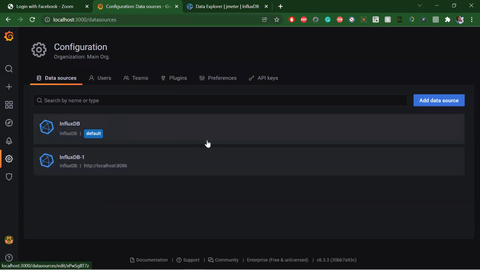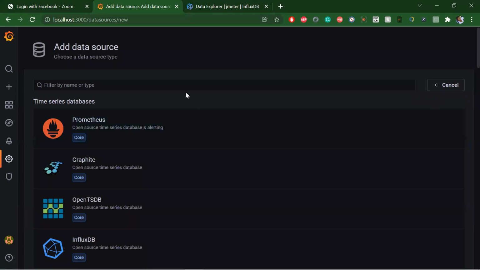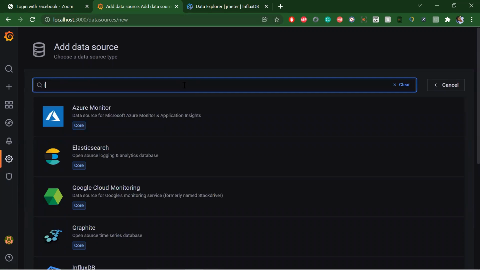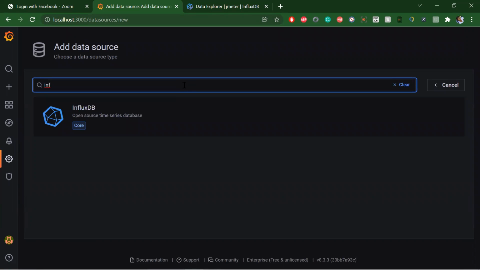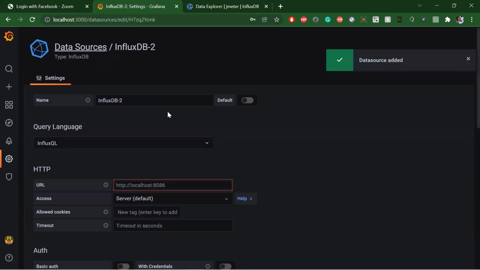We have a lot of sources here, and we need to select InfluxDB. Add, search influx, then select this one. The name is whatever comes by default. Then you have to give the URL, 8086.